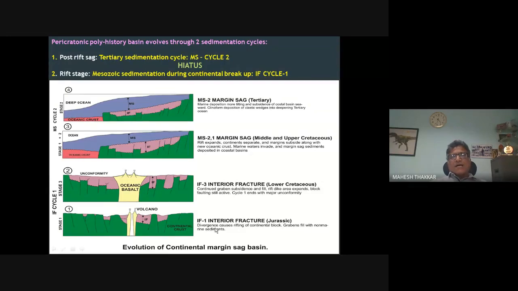The earlier cycle, during the rifting phase, is the interior fracture cycle. That interior fracture cycle came into the picture during the Jurassic period, and it even continued in the lower Cretaceous period. With this cartoon, I think you can understand our